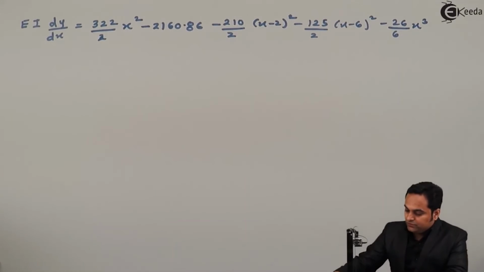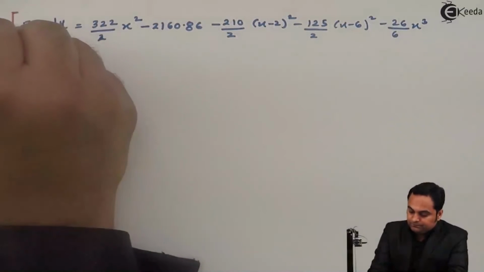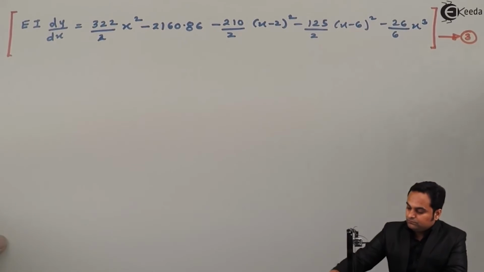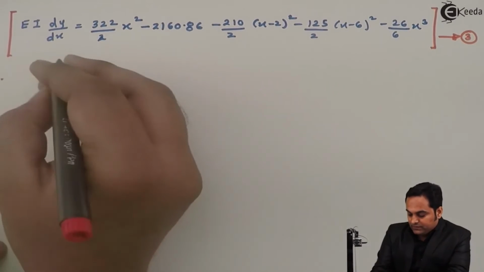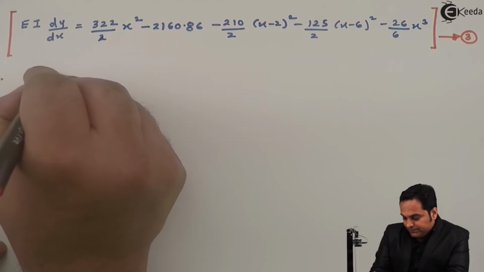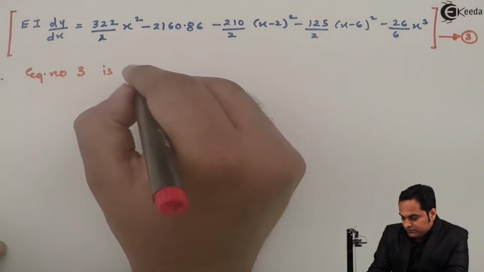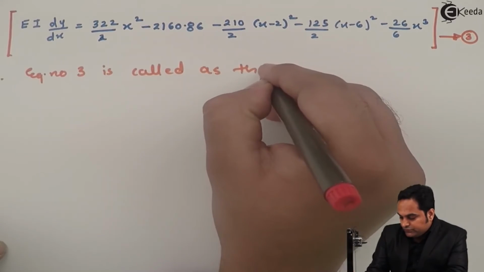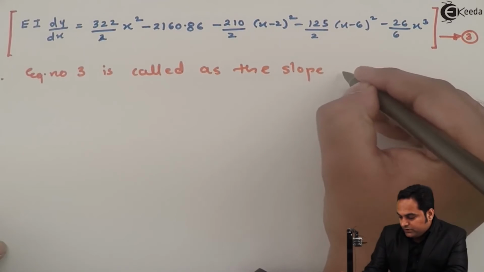Now this is the equation. Therefore, I'll say that equation number 3 is called as the slope equation,